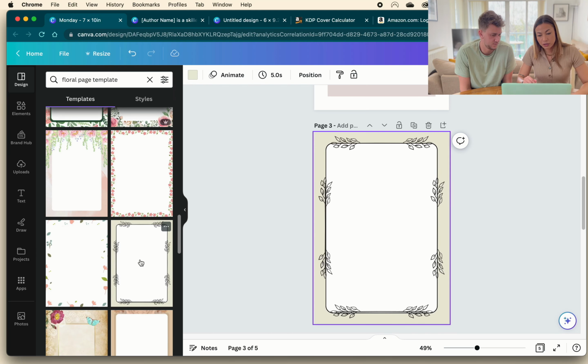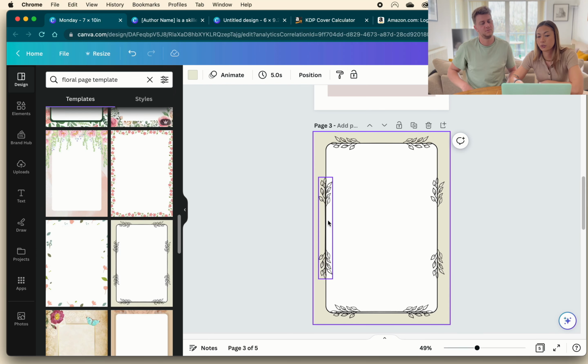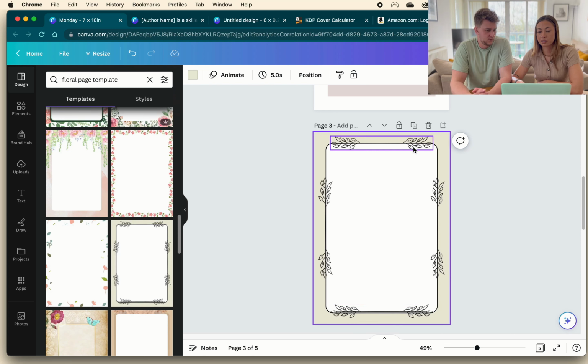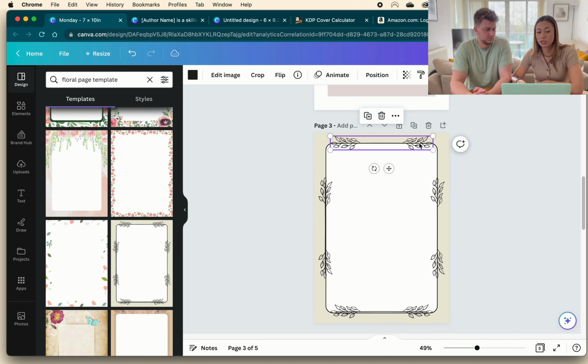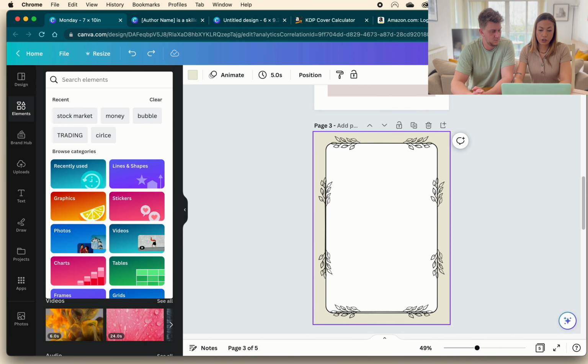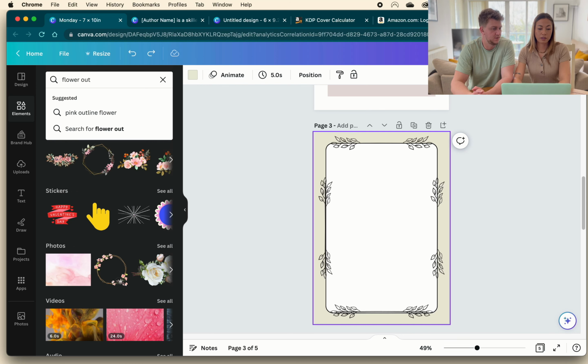And you can also just use this as inspo as well. You don't have to take it exactly as it is. Something that we like to do as well: for example, I think this is a cool design, but I don't particularly like these. So what you can do is just find a separate design. If you just wanted to add different flowers, if you go back into elements,